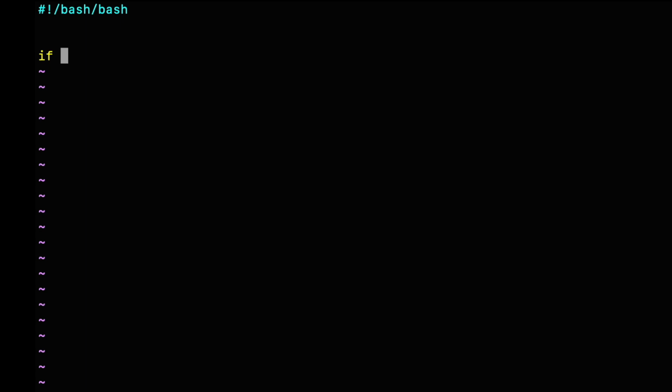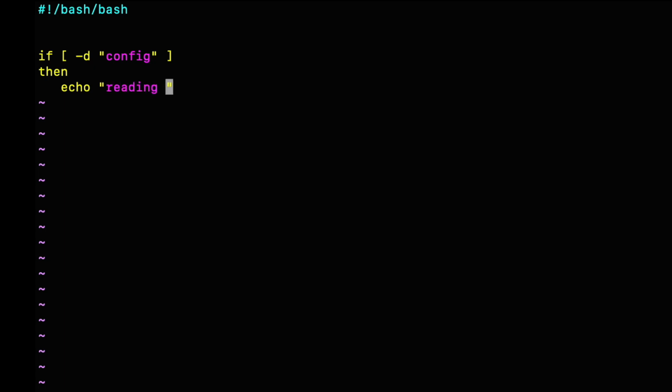Okay, how to check if a directory exists or not? There is a simple option -d. What is the directory name? Config. This is the directory name with spaces. Now what? So this basically will check whether the directory exists or not. If it exists, then what you have to do, let's print some message,